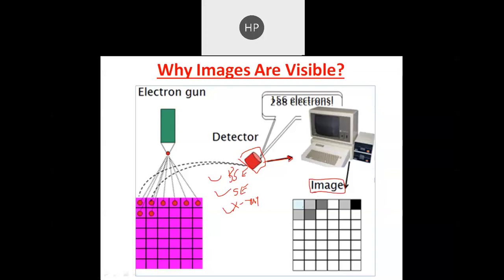Generally there are three types of signal we can get: gray, white, and black. Depending upon the transmittivity of the electron, or the reception of the electron by the detector, we can get the pulse, and from that pulse we are able to get the image. This is how an image is produced by the SEM analysis.